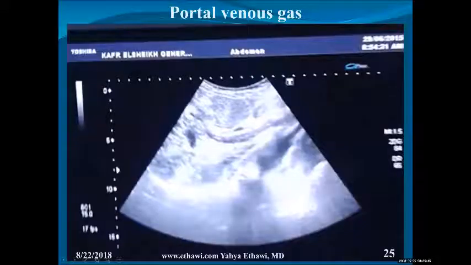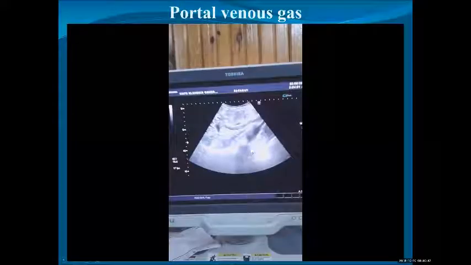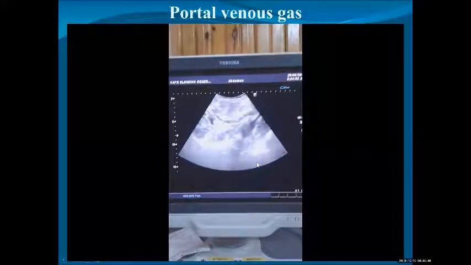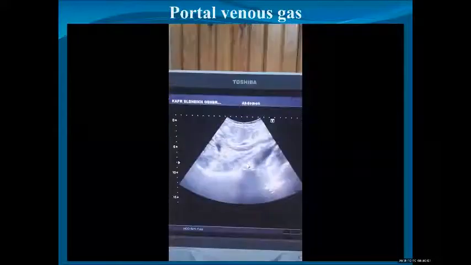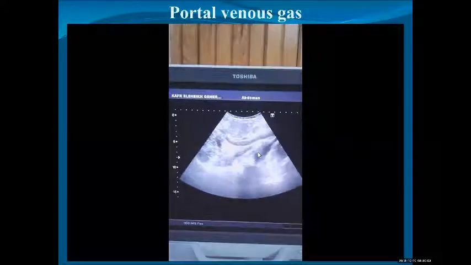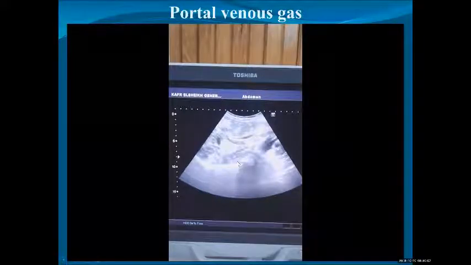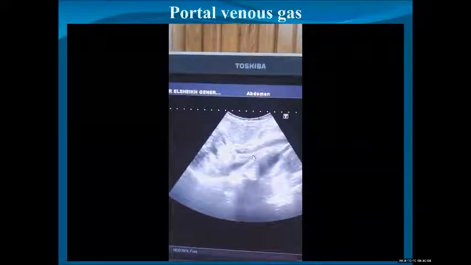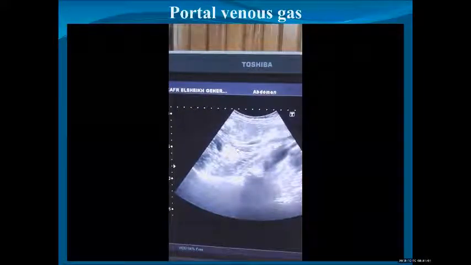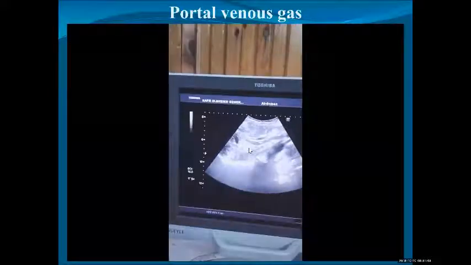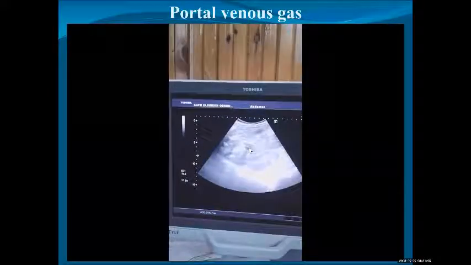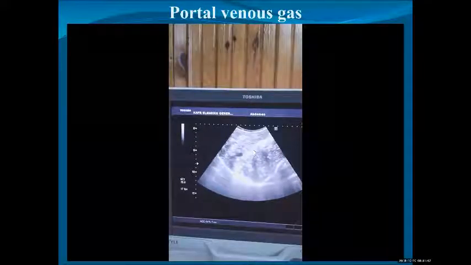You can see this is a little bit of increased echogenicity, probably because they are taking the picture from 2 screens. So this is not a good way. Although it's very clear here there is air, it's very white. So you try to make it black. This is not the correct way, but if you continue looking,